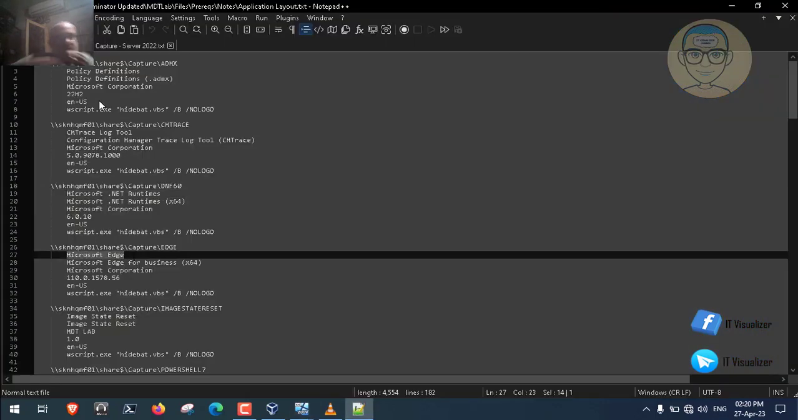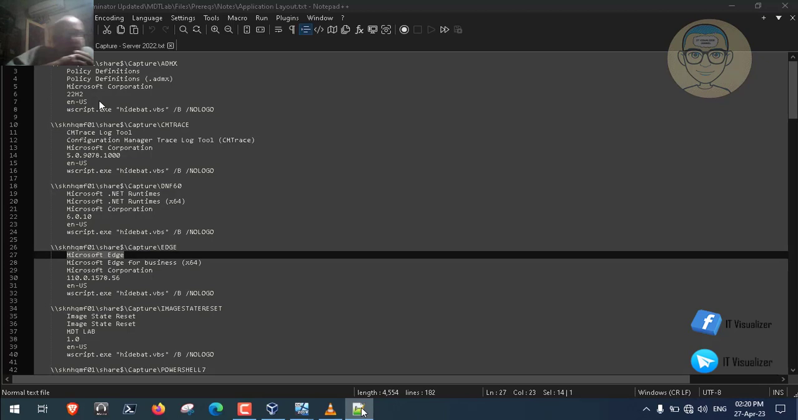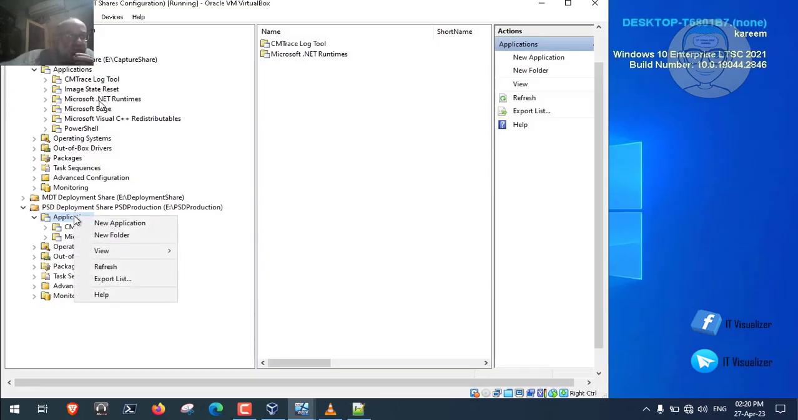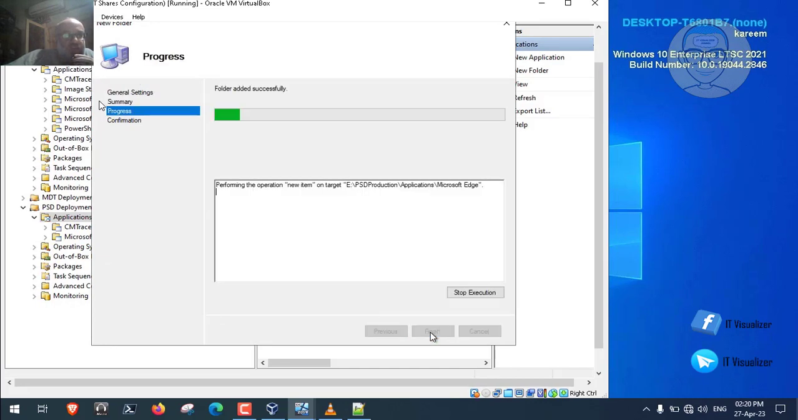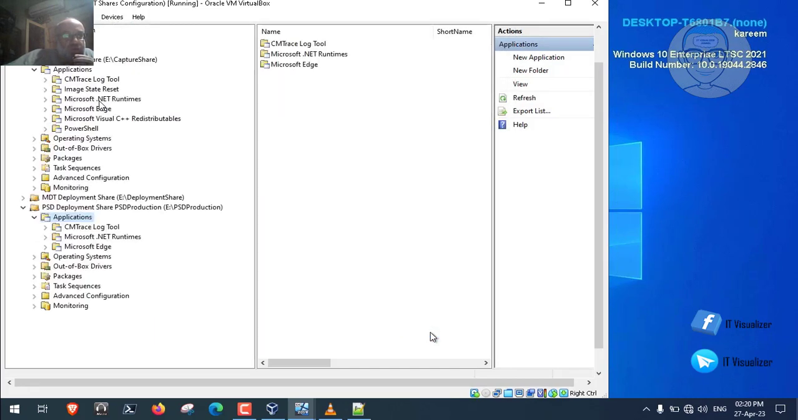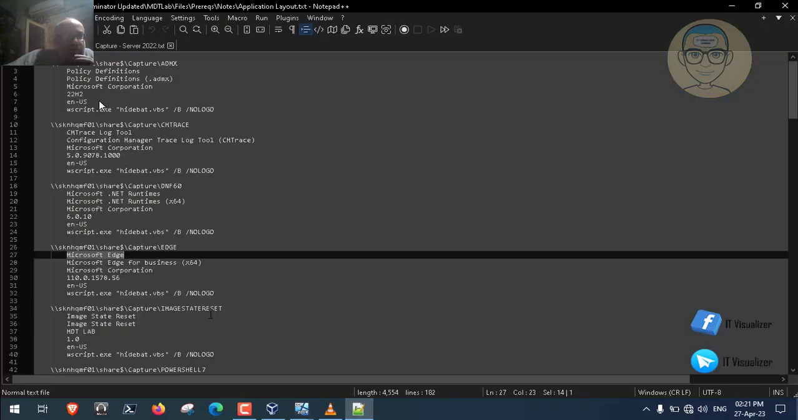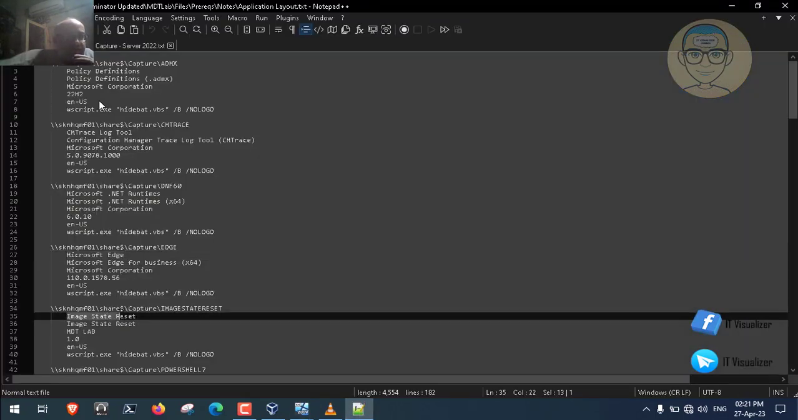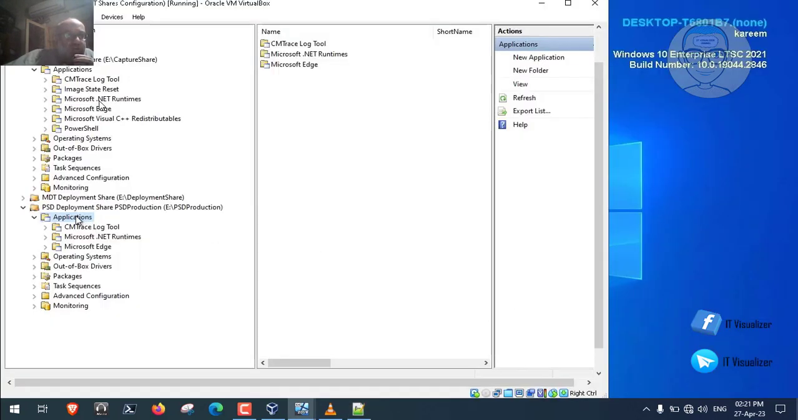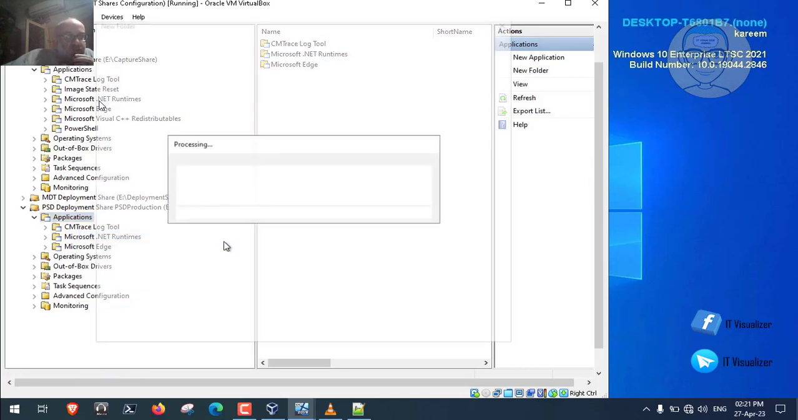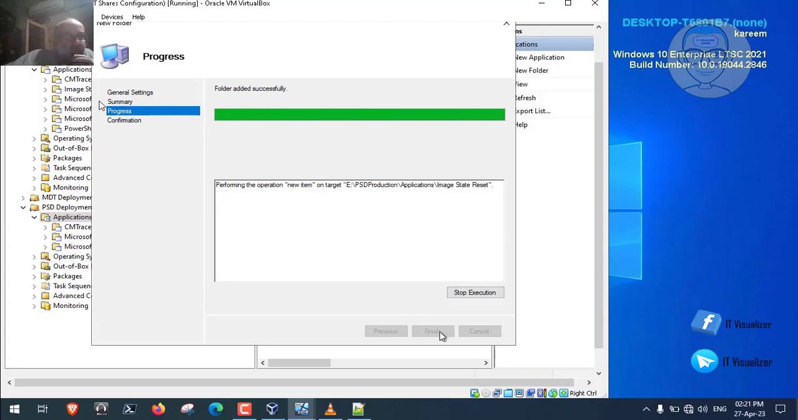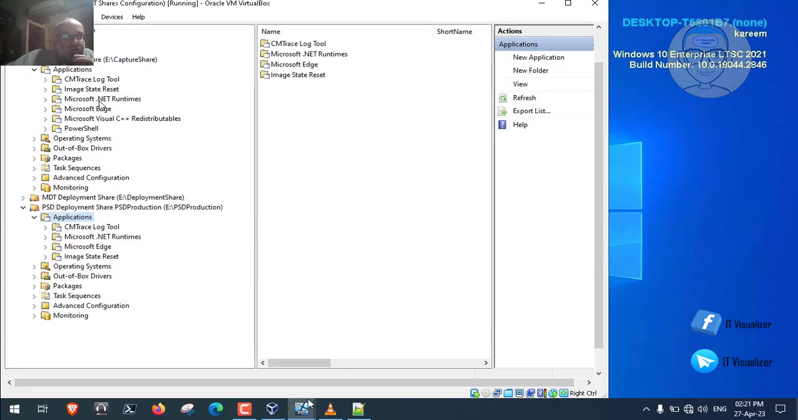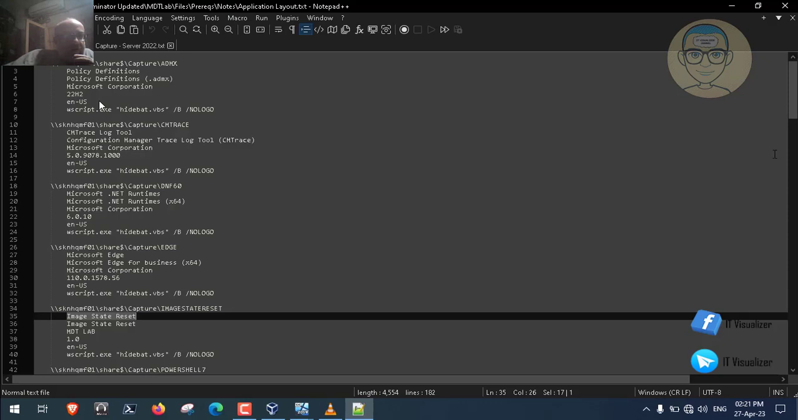Now we are creating the folders. We need to install the Microsoft Edge, the CM Trace, the .NET Runtime. So we have the Microsoft Edge. Okay, we have all of the things created. We have the image state. So this is a script that will reset the PC to prepare it for the sysprep process. Okay, so we will put the image state reset. We have done the same process before, but here we are creating the folders, and then we will begin importing